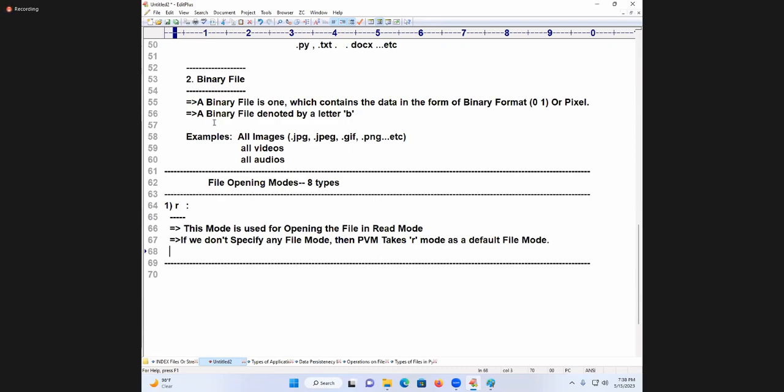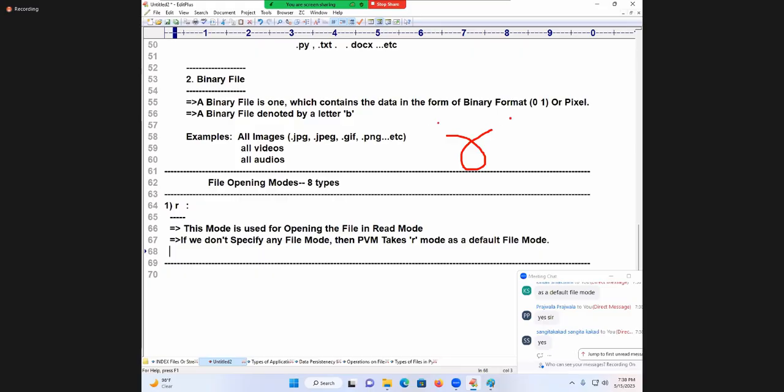Got it, students? Yes. Now, I want to ask a question. What is this R? Mode used for opening the file in which mode? Today I don't write any mode at all. Which mode is it? RT I will specify. What does RT indicate? Open the file in read mode. Which file you are opening? That's important.